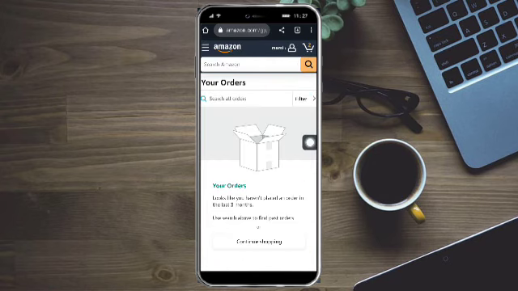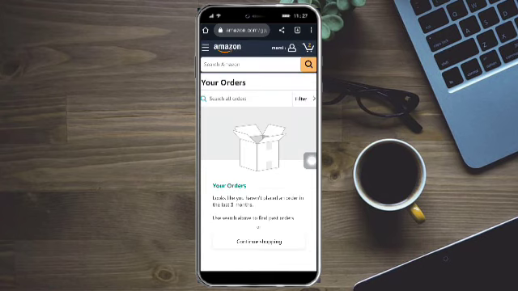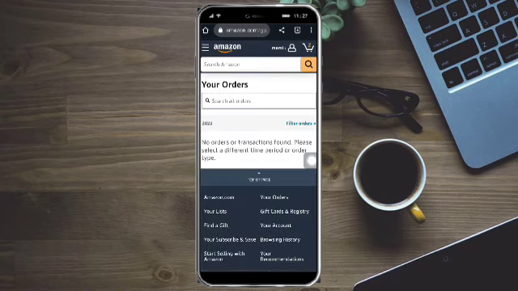So what you need to do is just click on this filter right here and then just click on this digital orders and then click on this filter by 30 days, 3 months, or 2023. You can apply anything that you want. So I'll apply 2023 and click on apply, and then it will proceed to a page wherein you can see